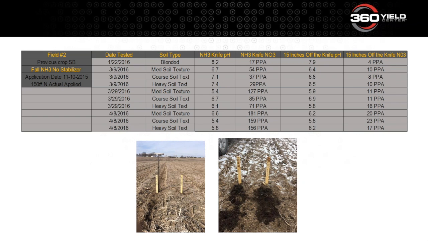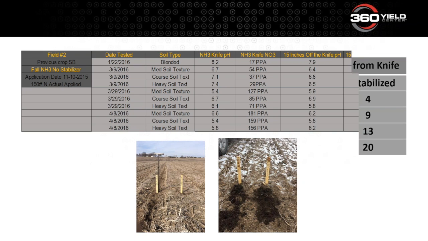And you guys will have these slides, but if you look predominantly from like 3/9 to even 3/29, we had an enormous jump in conversion. And then if you jump another 10 days later, another enormous jump in basically the conversion from ammonium to nitrate. So when I talk about a crop that is just screaming to keep up with where our nitrogen is, in this case, we were pretty much completely converted before the crop was ever planted. So the summary with that here is,